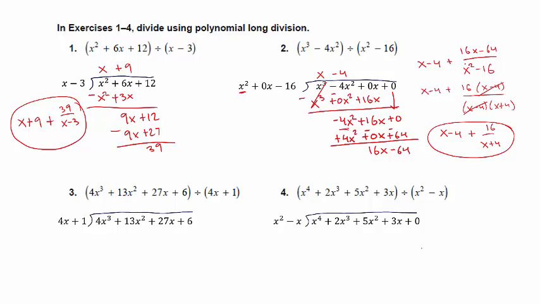Now if you wanted to, you could have switched the order. We could have done this first. We could have factored out x squared from the dividend. And that would have left us with x minus 4. And we could have factored the divisor into x minus 4 and x plus 4. So we could have done that first and crossed these out. So your new problem would have been x squared divided by x plus 4, and that would have shortened your